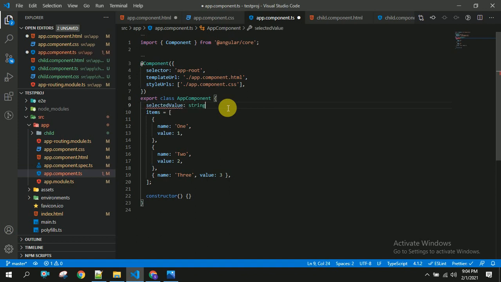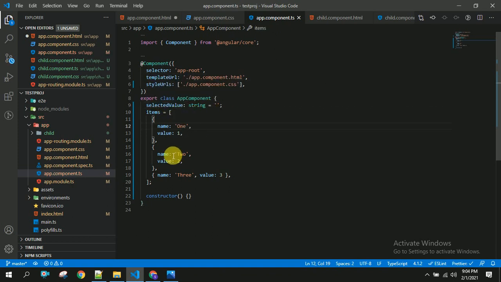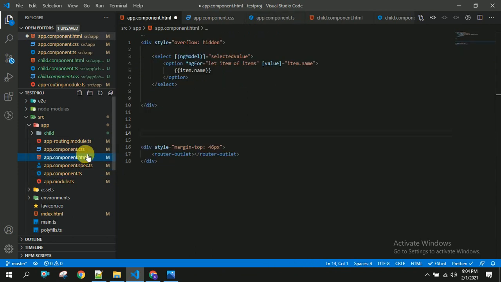So I am specifying this as string, and it will be empty initially. So it's loading, so it's showing some error. There will not be any error. Now I am going to save this, and I am going to my HTML.